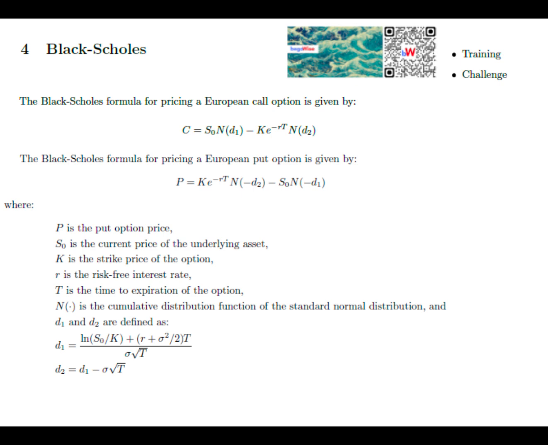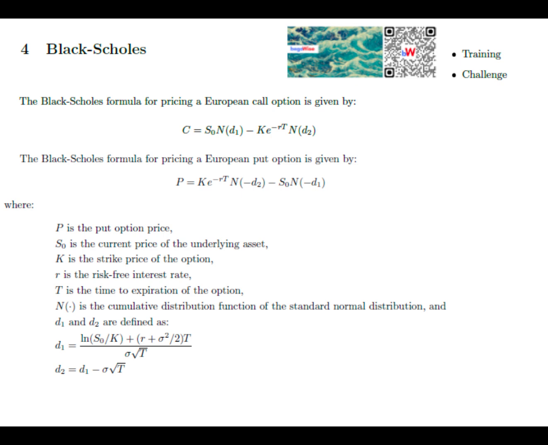it will be profitable. Risk-free interest rate is also an input to the Black-Scholes formula. This is the return you'd get from a safe investment, like a government bond. If this rate is higher, the value of your option goes up because the cost of paying the strike price in the future is less in today's terms. Strike price is also called exercise price. This is the price you'll pay to buy the stock with the option. If this price goes up, the value of your option goes down because it's less attractive to buy the stock